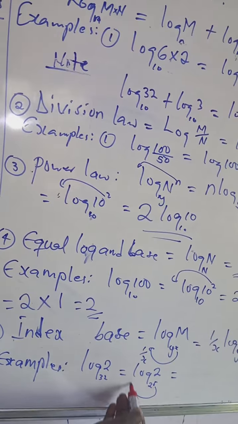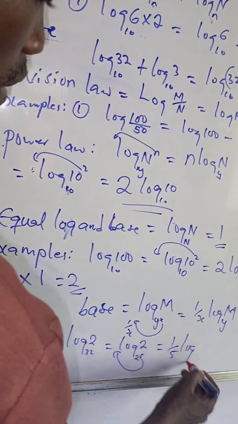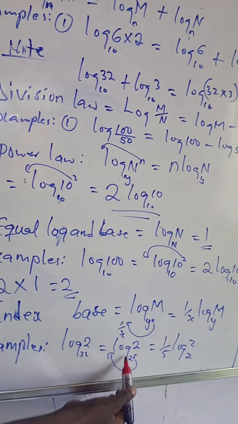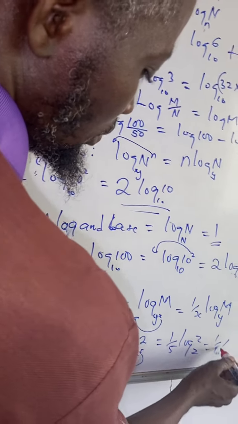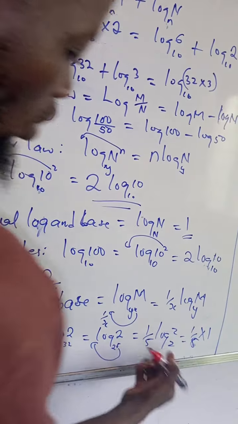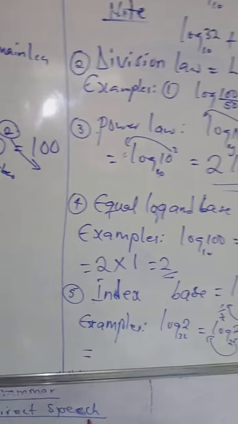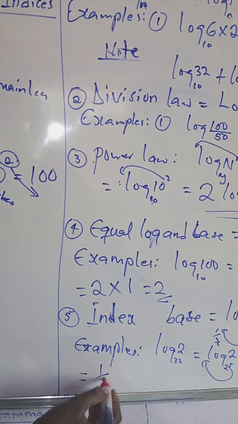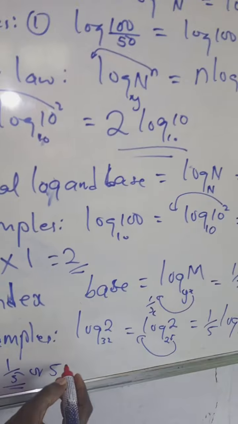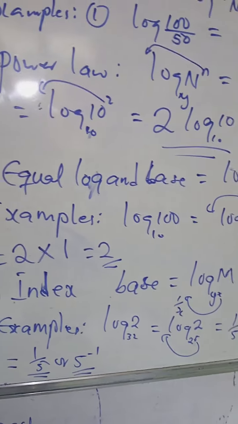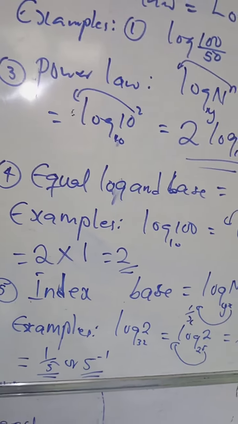Now this power will come to the front as a fraction: 1 over 5 log 2 base 2. It will remain base 2 here. So this will now be 1 over 5 multiplied by 1, the same thing, like we said. And finally, I will have 1 over 5 as my answer, or if I want to write it, 5 raised to power minus 1. So if you've written any of this form,